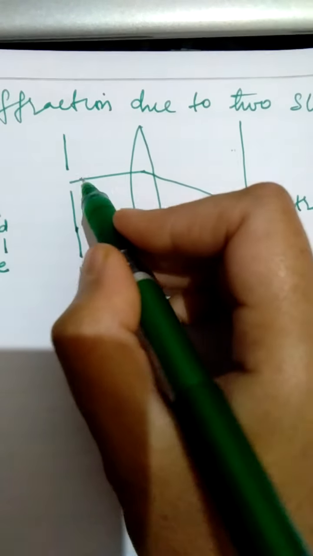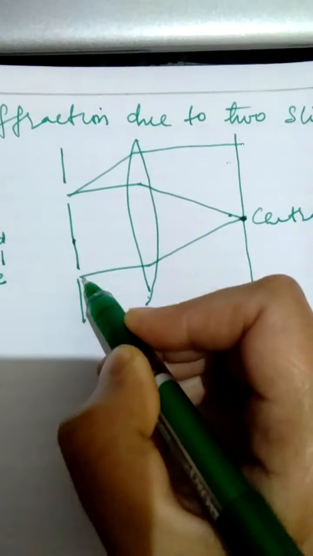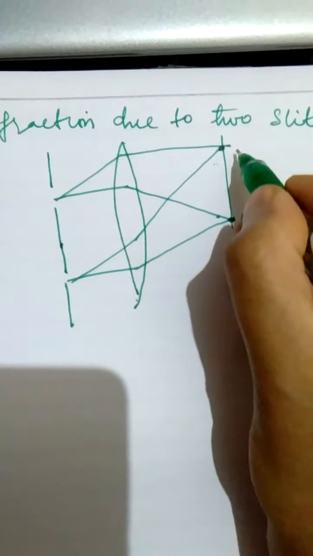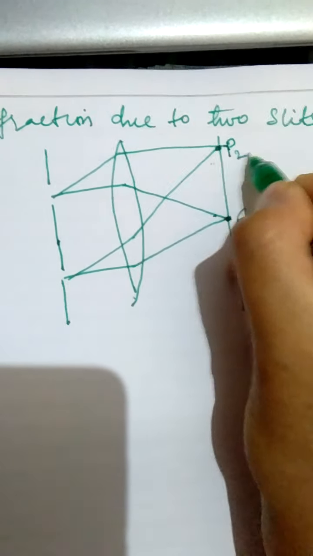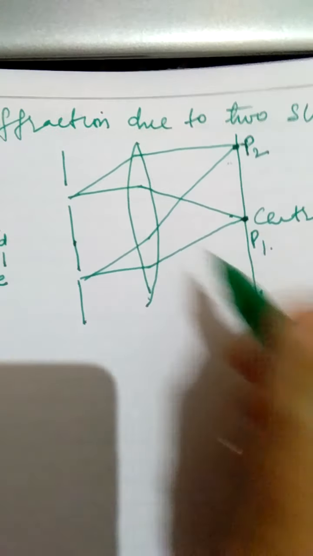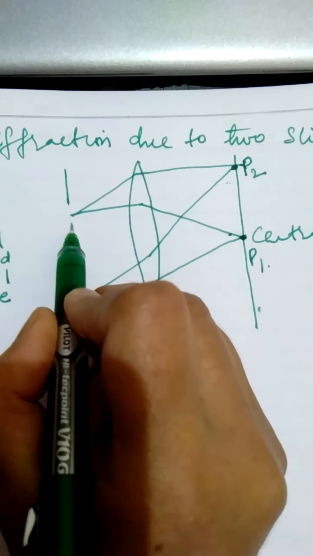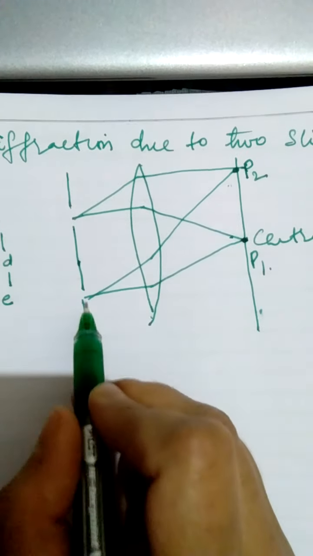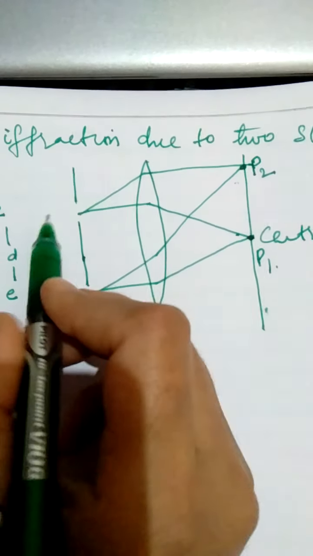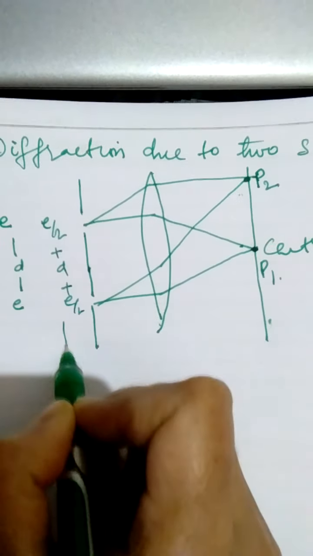Now, what about a ray of light that bends from the same point? It goes like this, bends like this. Similarly, a ray of light goes like this and bends like this. So you have another point, say P2, and this was P1, the central maxima, right? Now, since this is the center of the slit, the distance from this to this is e by 2. Similarly, the distance from this to this is e by 2. So what is the total distance between this and this point? Obviously, it is e by 2 plus d plus e by 2. And what is that? That is e plus d,